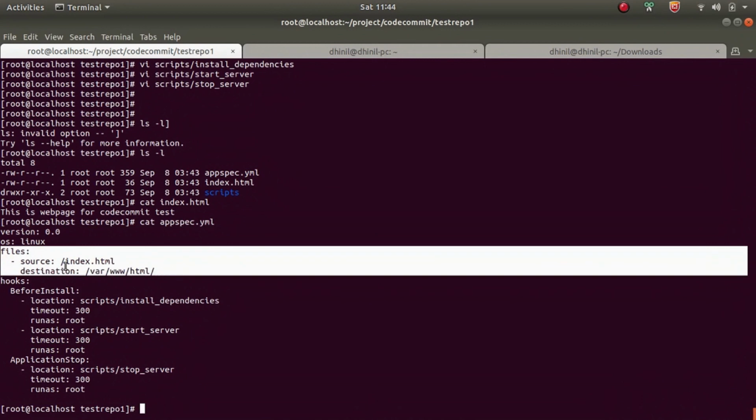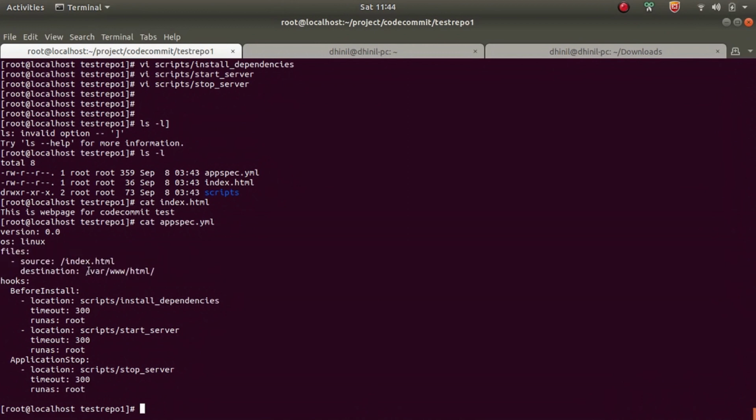This is the file which we need to copy to the EC2 instance, and the EC2 instance destination is /var/www/html. The index.html from here is copied to the EC2 instance destination folder /var/www/html. We only copy one file, index.html, to the EC2 instance for deployment, for this testing.